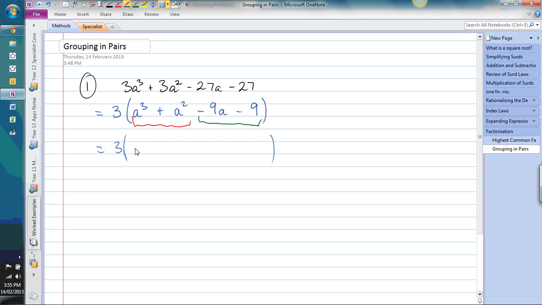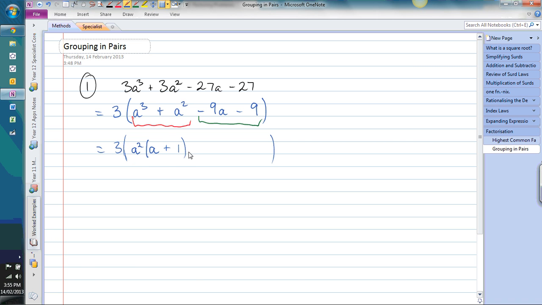Hopefully you can see that that's going to be a squared, and a cubed, when I factorize a squared out, I'm going to have an a left over. A squared divided by a squared, that's just going to be 1. So this first half of the problem is going to factorize to a squared outside of a